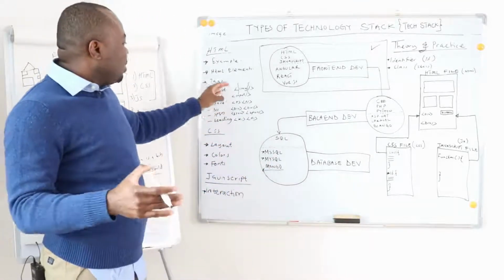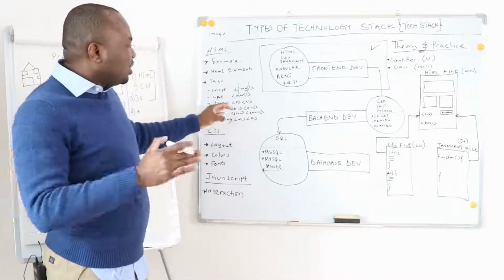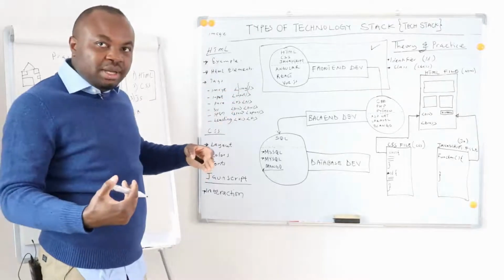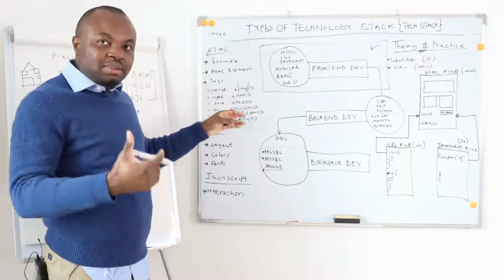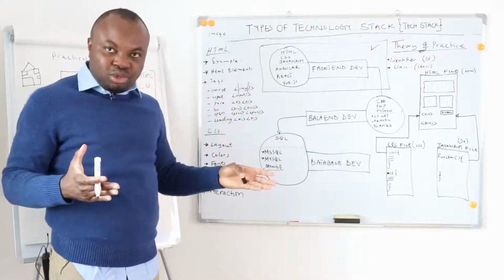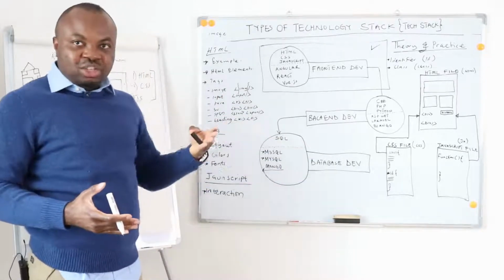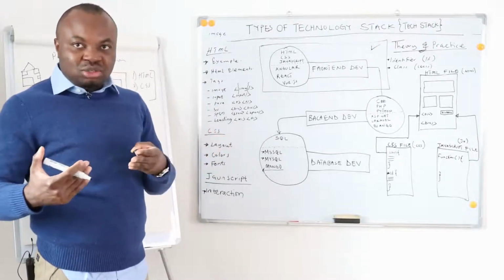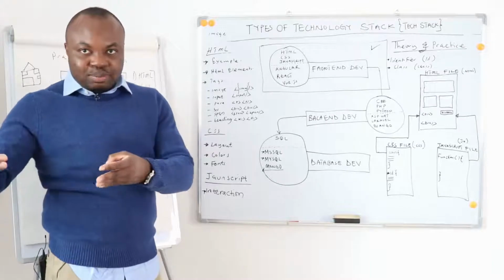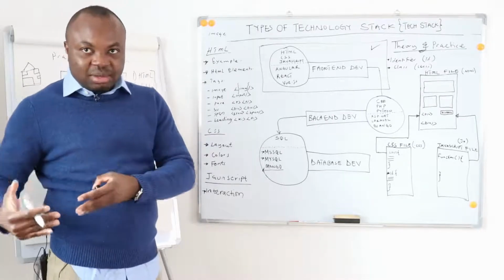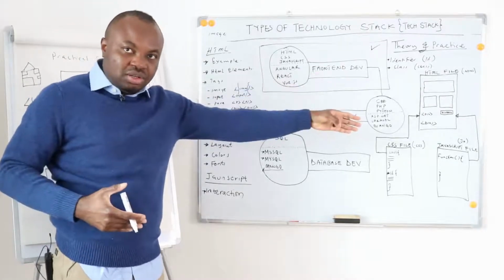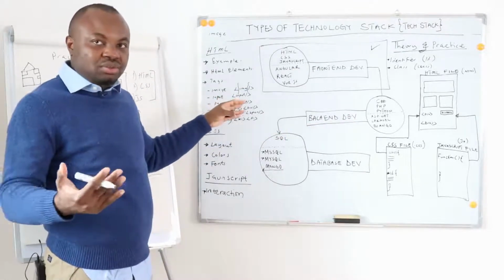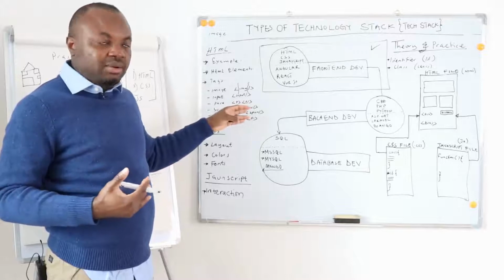Let me run through the elements once more. I don't want this video to be long. We have the image element, that's for displaying images. Then we have the input element. Remember I told you earlier that it goes both ways. You can fetch information from your server and display it in the browser, or you can capture information from the user via the browser and send it to your server. So the input element basically allows you to capture user information via the browser.